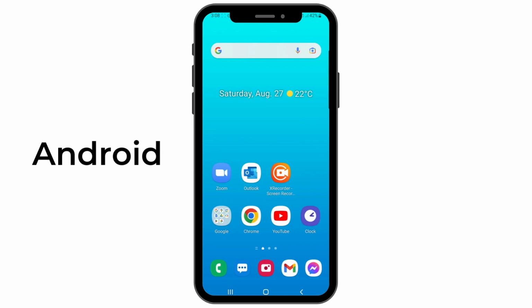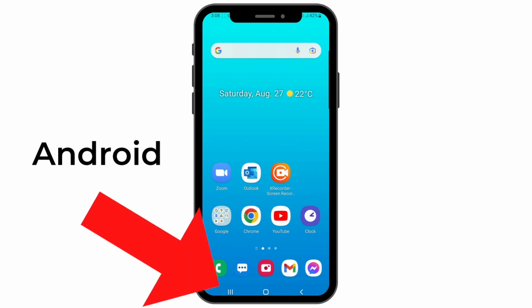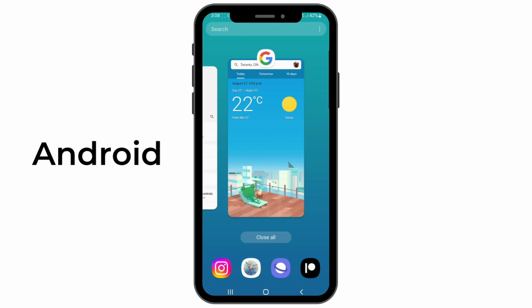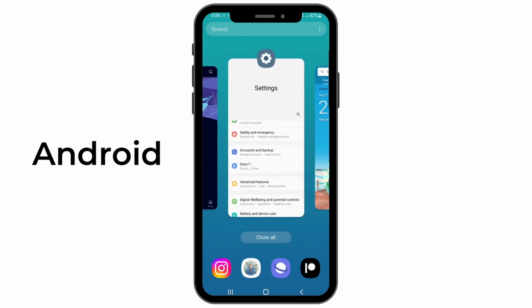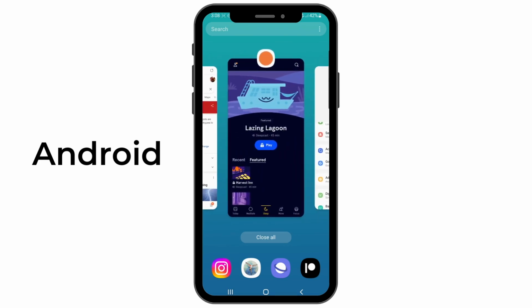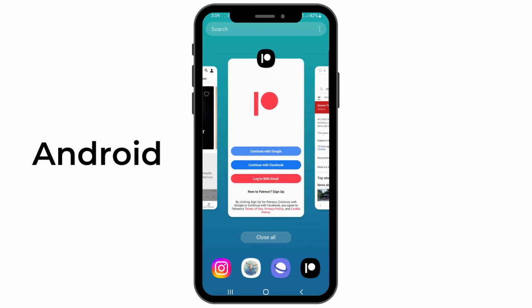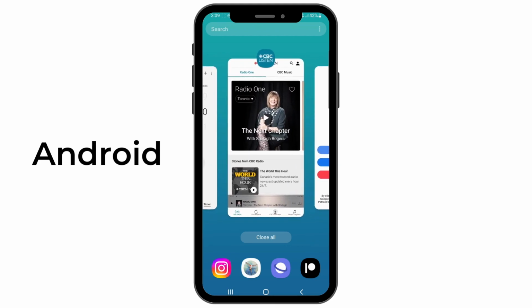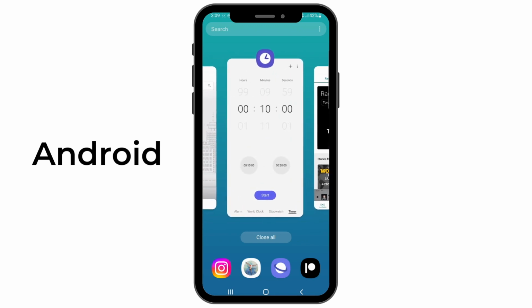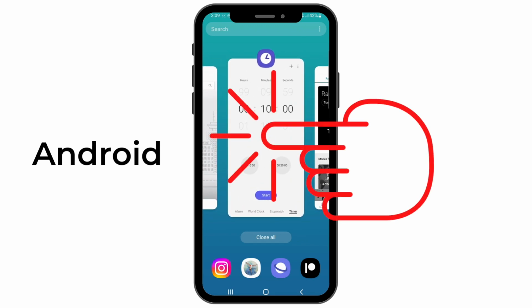Now let's take a closer look at the View Open Apps button. When you tap the View Open Apps button, it will open up a small version of all the apps that are currently in use on your phone. By swiping to the left and right, you can see which apps are currently open. This will include most of the apps that you've been recently using on your phone. As you scroll left and right through these apps, if you see the app that you want to use, tap on it to open it up.